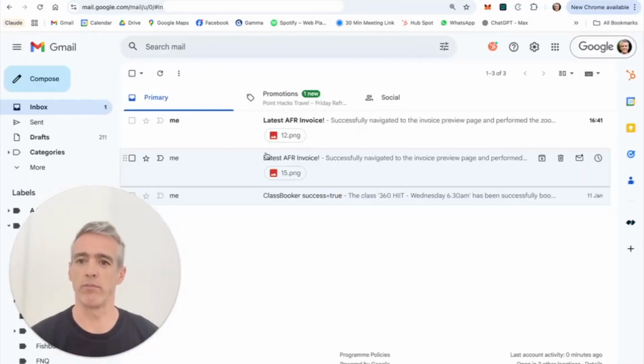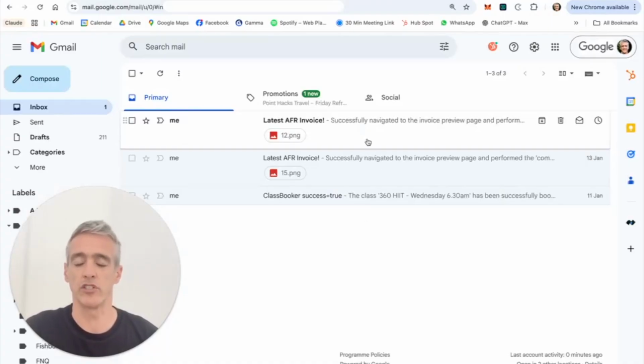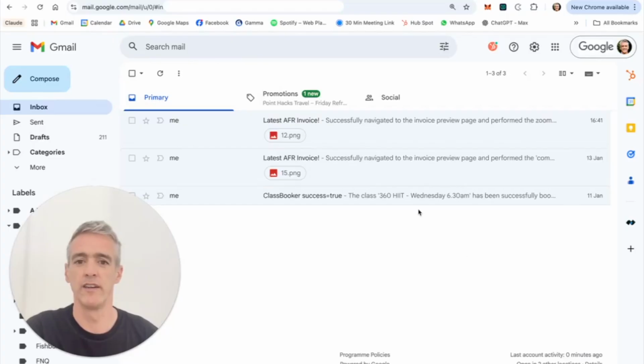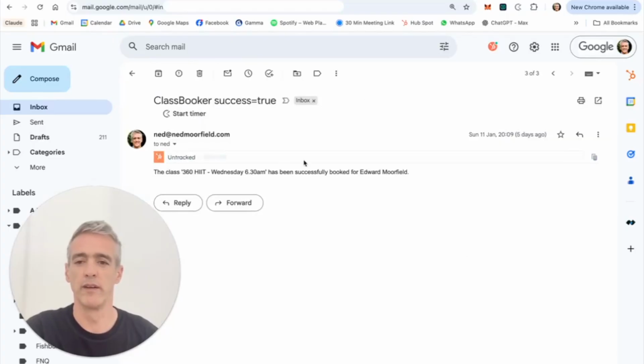And to just bring that to life a little bit more, you can see the automation I ran around retrieving the invoice. I've got an email to my inbox as well, and it's told me it's successfully navigated to the invoice preview page, and the invoice is attached to that email. So that's worked exactly how I needed it to. And the Class Booker example, this is where it's emailed me and it's told me the class was successfully booked